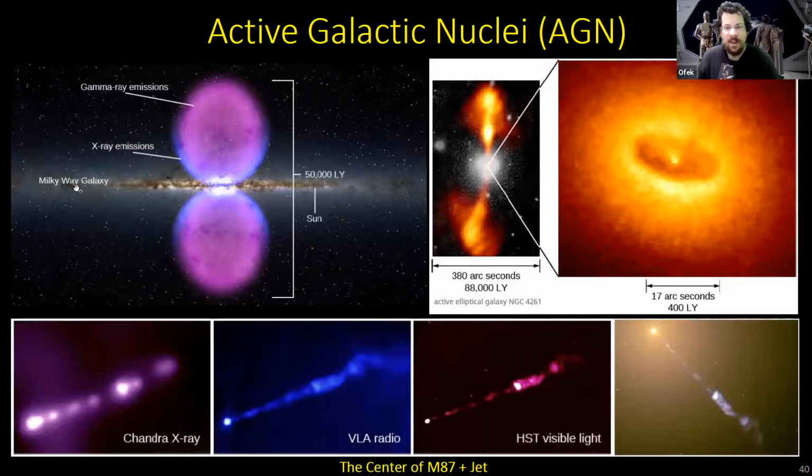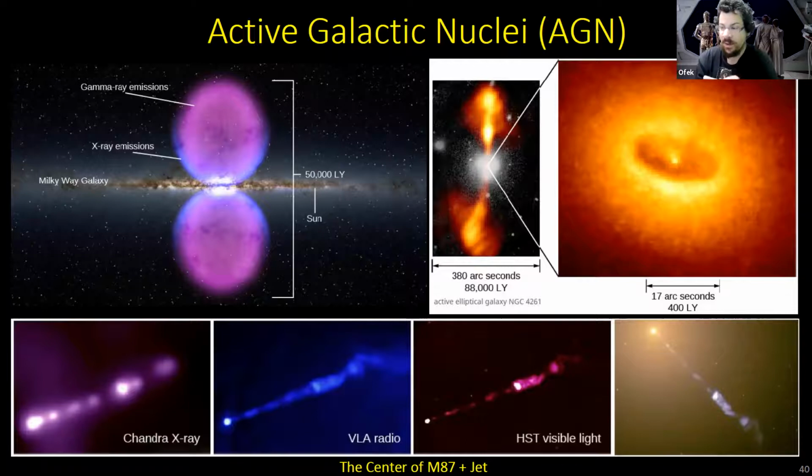Here on the left, we see, again, a picture similar to the one that we saw with the galactic plane of our own Milky Way. Again, we cannot see the center directly in visible light, so we have here a visible image just of the dust lanes. But we see that there are these bubbles above and below the center of our own galaxy, extending as far as 25 or so thousand light years up and down. And from these bubbles, we have both X-ray emission and gamma ray emission.